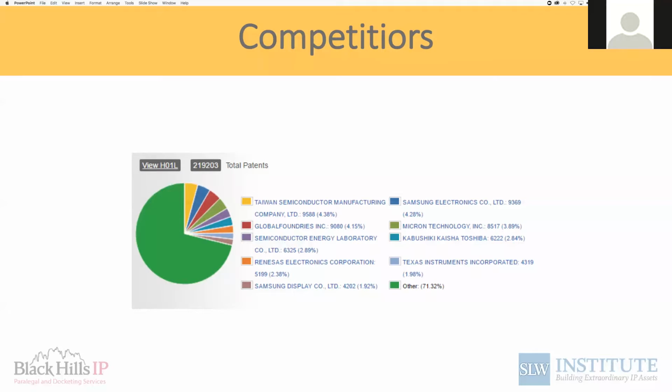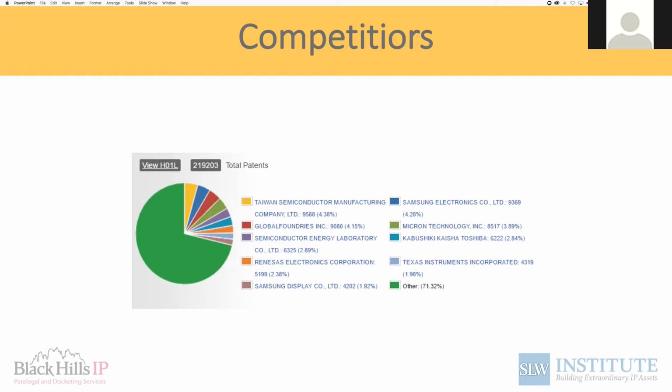Competitors. Obviously, we have to cover this because patents, by their very nature, are a competitive tool. Understanding competitor activity in the technological space, whether that be the technical class or the art unit, where we can get good public data, can help understand the value of the patent. So this particular patent, if I'm in the semiconductor manufacturing space, and some of my competitors are big foundries like Taiwan Semiconductor, Global Foundries, for example, I might say this is in a space where I have competitors and I want to look closely at this patent because